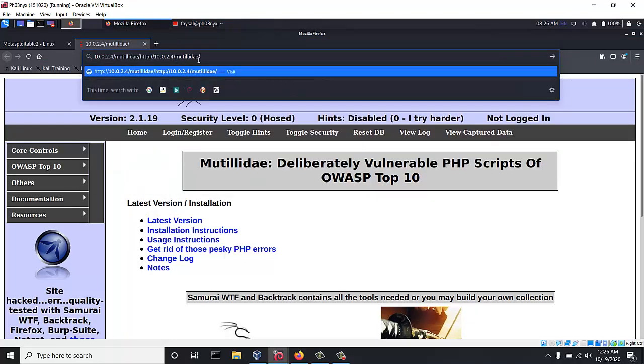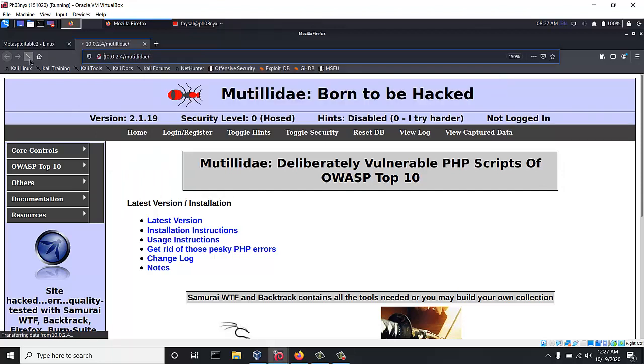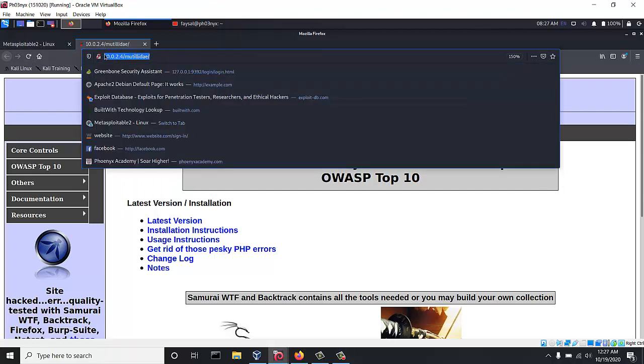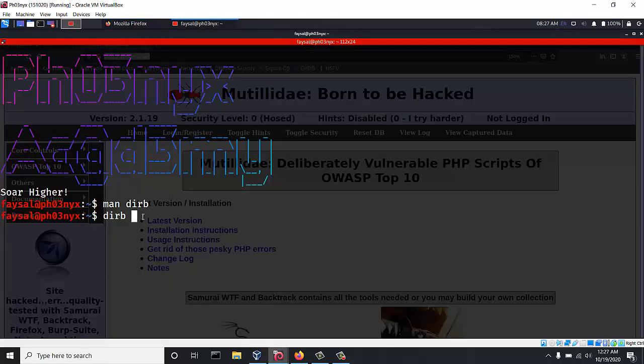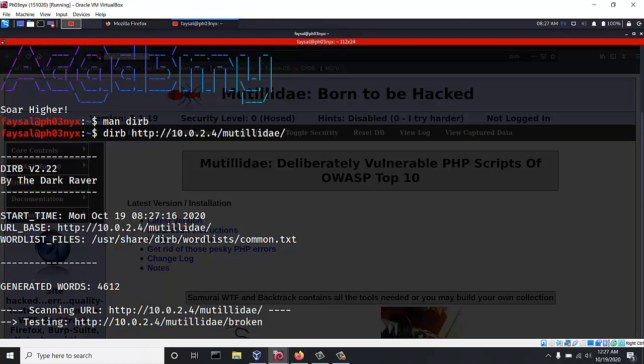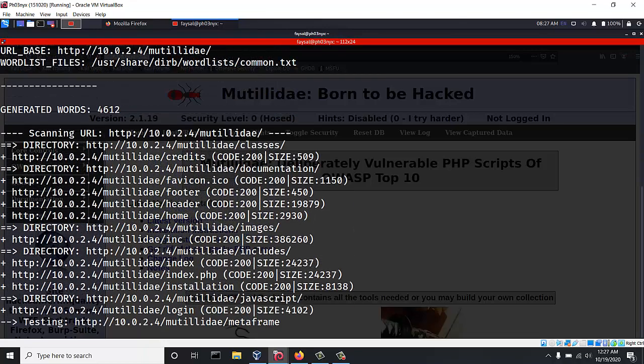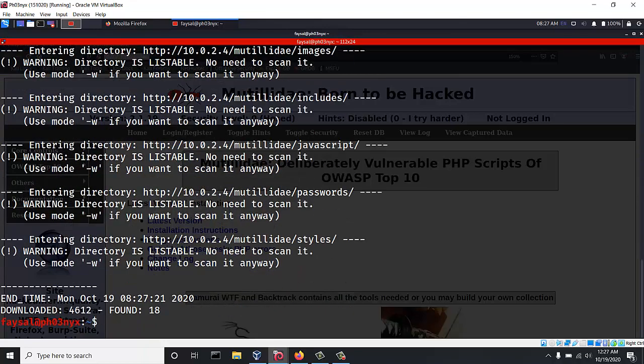All right, refresh and get the URL. So just copy this URL. I'll go back to the terminal, and then I'm going to paste it here, HTTP, and then I'm going to hit enter. Now dirb will brute force all the